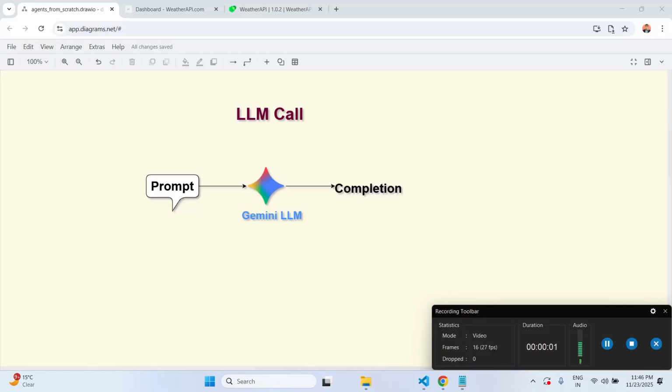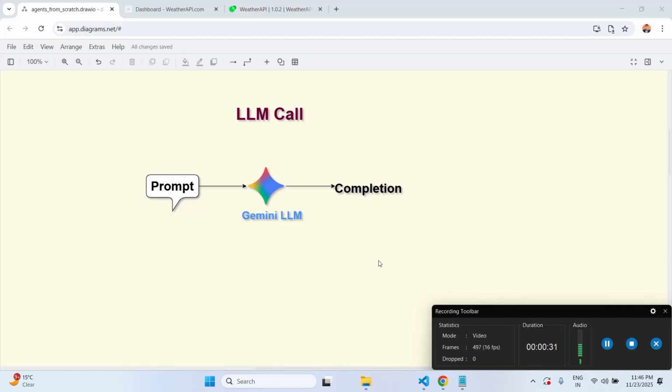When we use a simple LLM, it is just a completion model. It's an autoregressive model, in fact, where you give a prompt and you receive a completion. That's it. This is what an LLM does. If we want some current information from the LLM, say what is the current temperature of New Delhi or Mumbai or Spain or New York, it will not be able to give me the current data because all LLMs